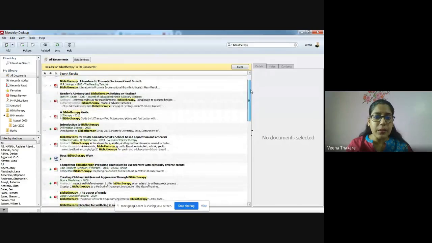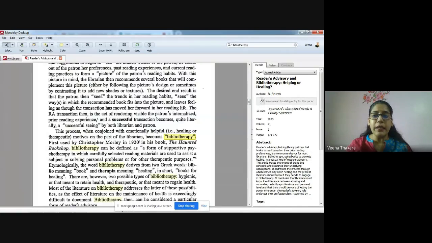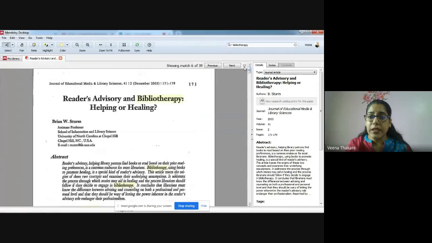The word is appearing in the title, but it is also appearing in the text. If you put the keyword for searching within the library, it will not just search the titles, it will search your notes, and within the text also.